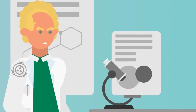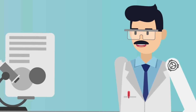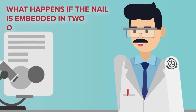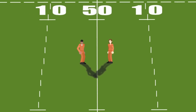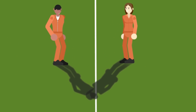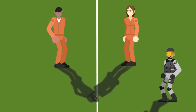The research continued in this way until one member of the research team, Dr. Cho, posited a new question. What happens if the nail is embedded in 2 overlapping shadows? 2 other members of D-Class personnel, 04 and 05, were positioned under stadium lights so that their shadows overlapped. The nail was dropped onto a point where the shadows were on top of each other and promptly embedded itself